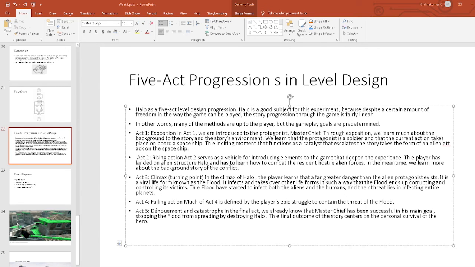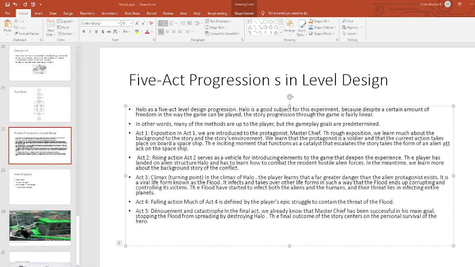There is a viral life form, the Flood, which infects and takes over others' lives. It ends up corrupting and controlling its victims. It is seen that both the aliens and humans have been affected by this virus. Their threat lies in infecting the entire planet. So this is the climax, which leads to the next part.